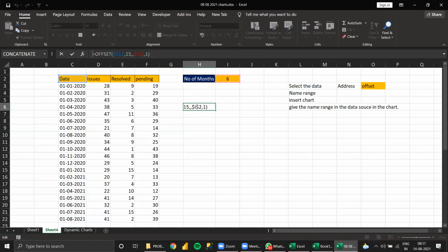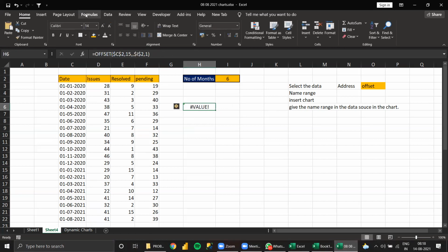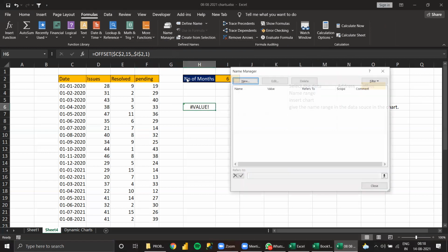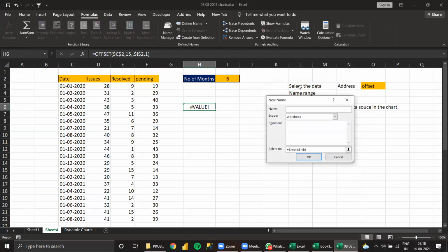So copy this after giving the formula, go to the Formulas tab, Name Manager. Go to New.